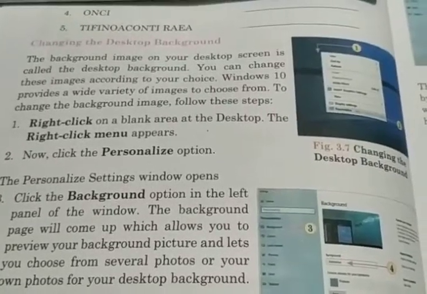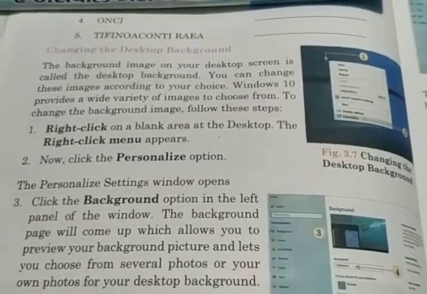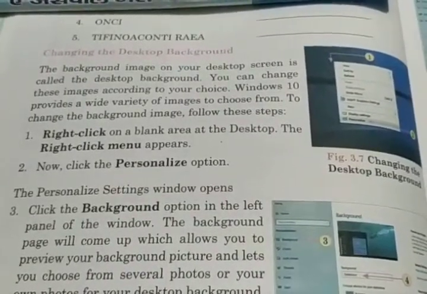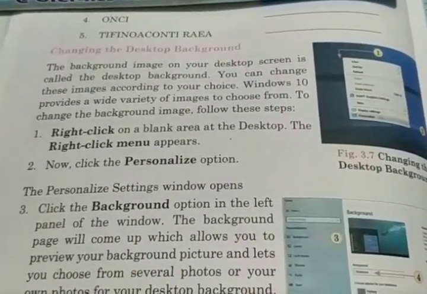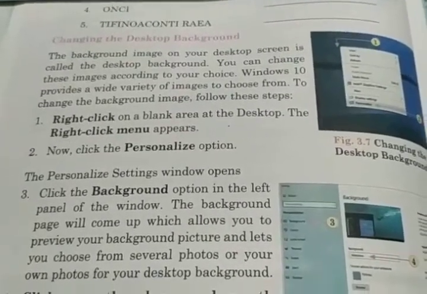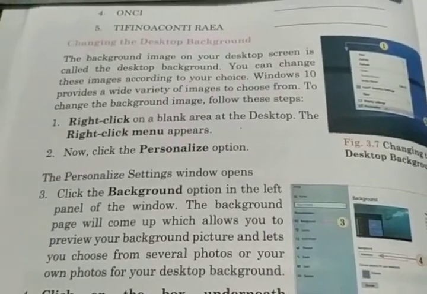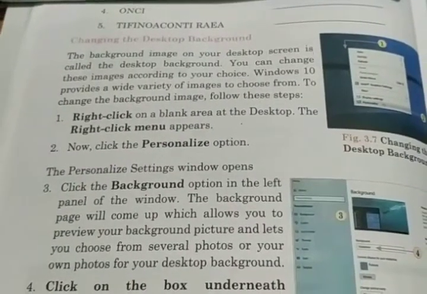Okay, class 4, so today let's continue with the next part of your chapter 3 of computer book, that is more on Windows 10. Before this, we read about the two main components that were icons and taskbar, and we also came to know about how we can place the taskbar in different positions on your desktop.